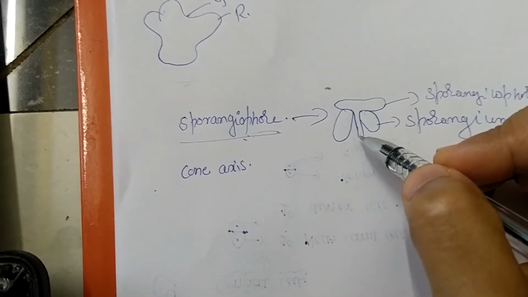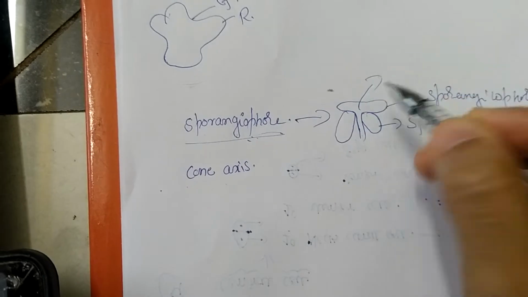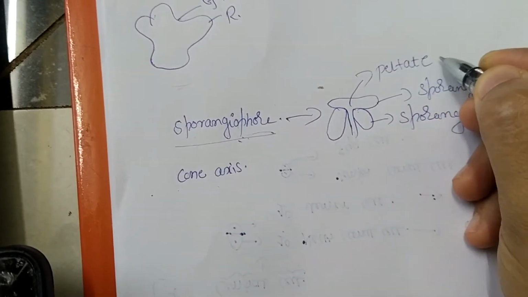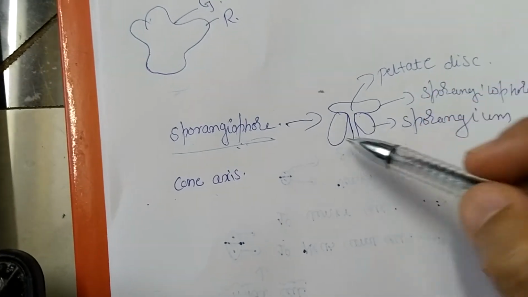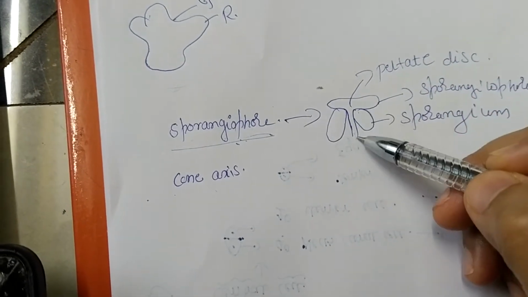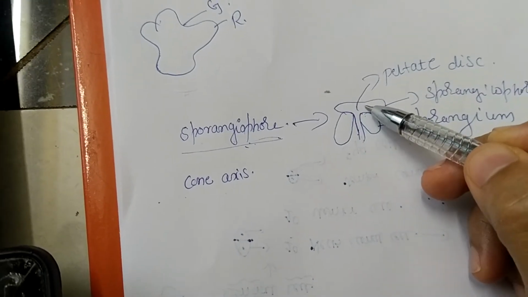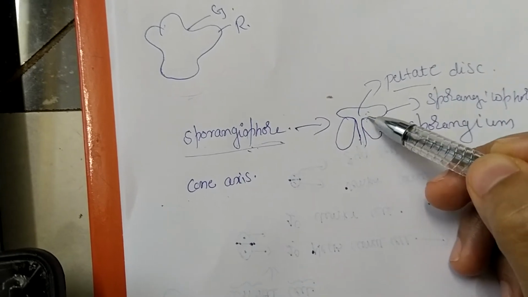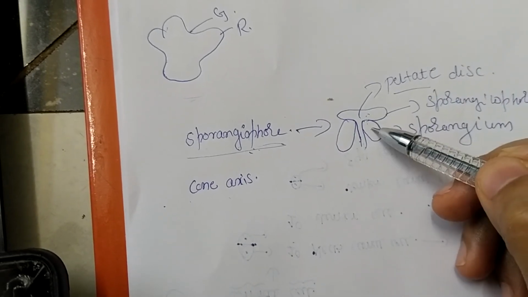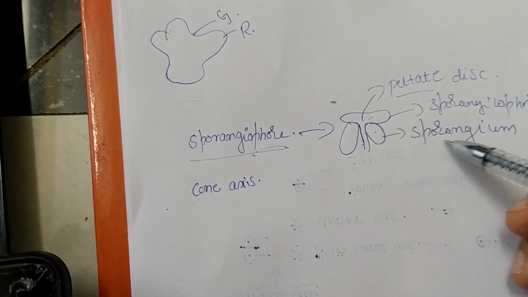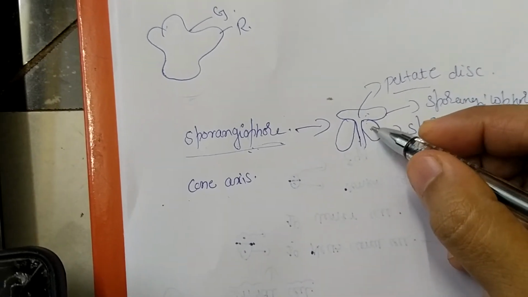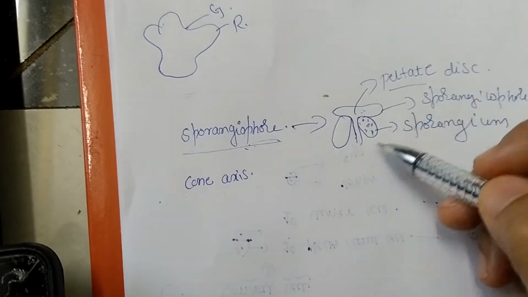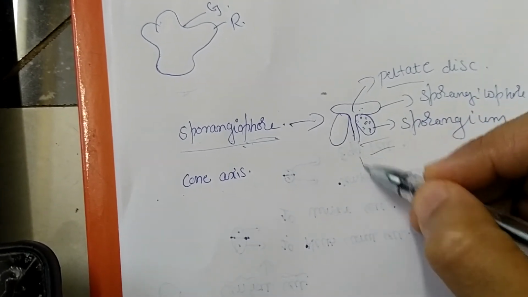Sporangiophore is peltate. It has an extended surface called the peltate disc. Sporangiophore is a stalk-like structure with extended outer surface, which we call a peltate disc. On the inner surface of this sporangiophore, we have a sac-like structure called sporangium. Inside this sporangium, we have the developing spores. Likewise we have sporangiophores